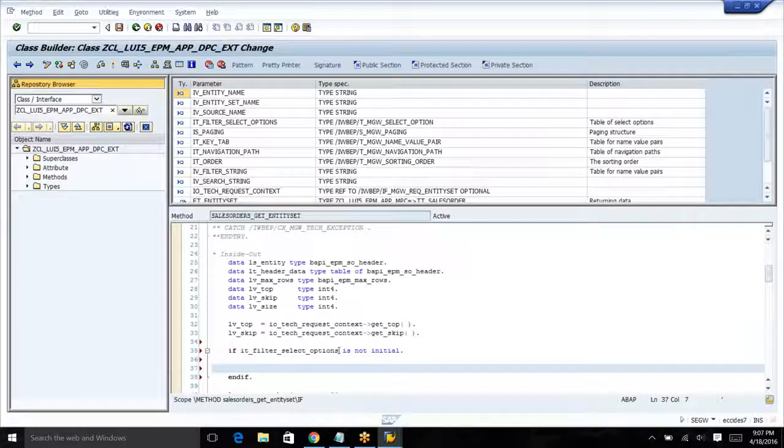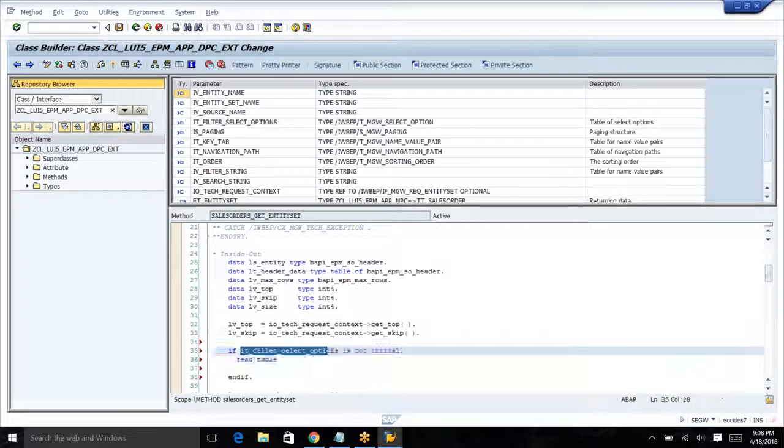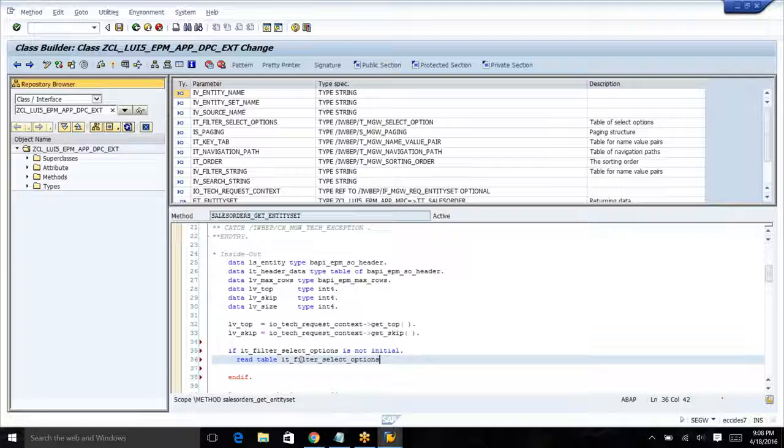So let's read the first one. Read table, mean into